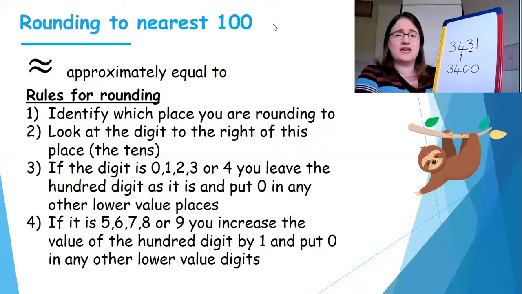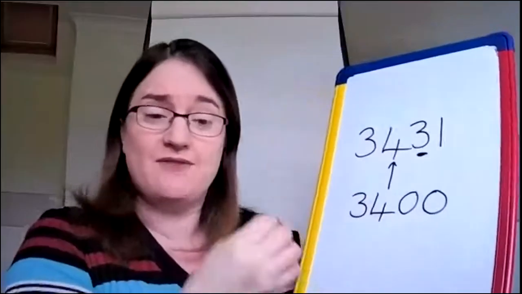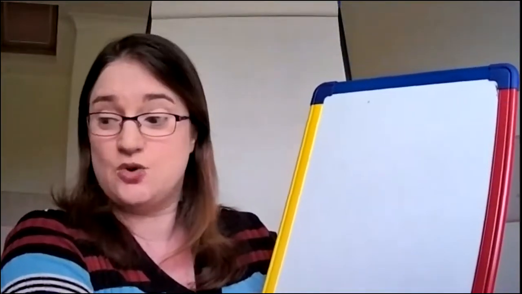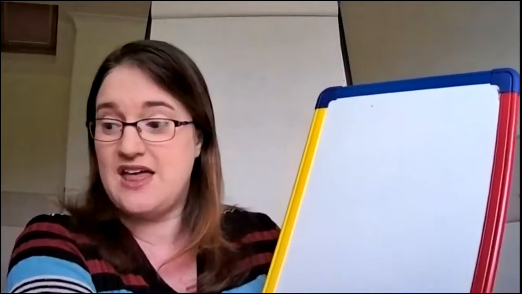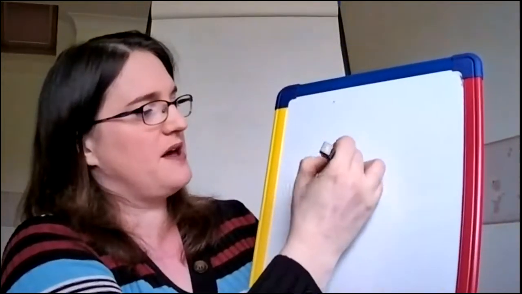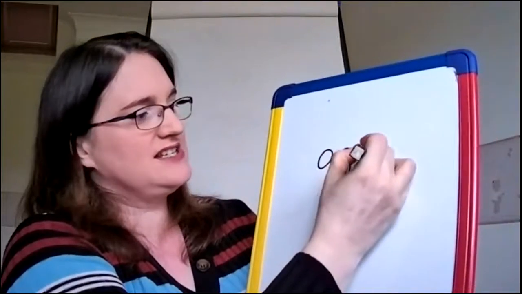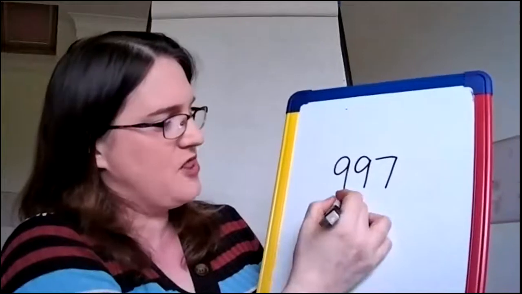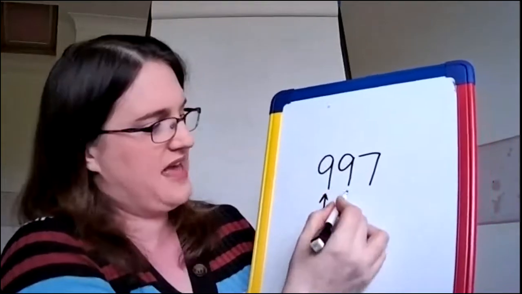Okay, I want to have a little look today. We had a couple of tricky questions yesterday, so I want to have a look at some slightly trickier ones now, because sometimes, like when you're rounding by 10, sometimes the hundreds digit changes. When you're rounding by 100, sometimes the thousands digit changes, or there becomes a thousands digit that there wasn't before. So for instance, if I have the number 997